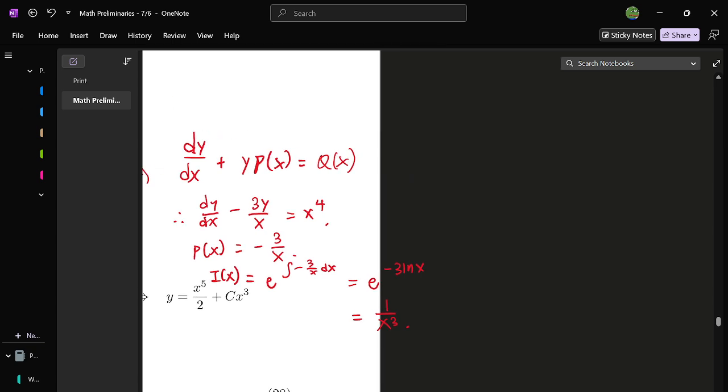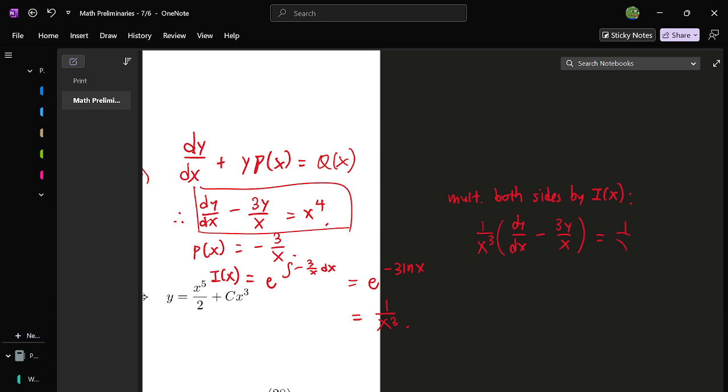Then again, like I mentioned, you want to multiply both sides of this equation by your integrating factor. Which means you will get, which then gives you